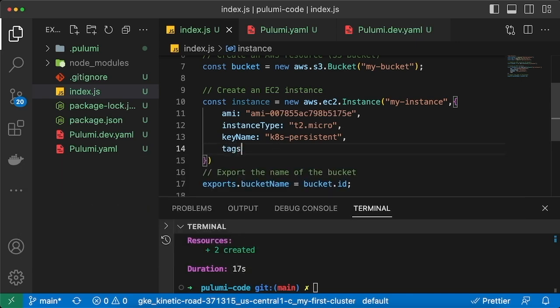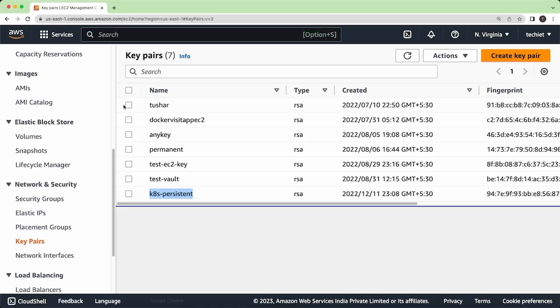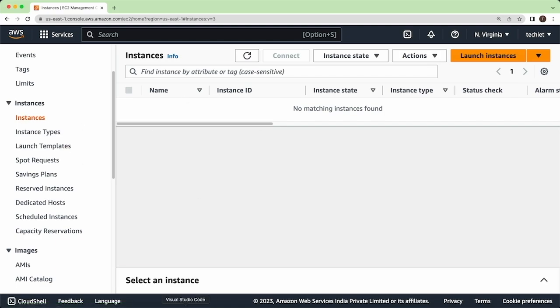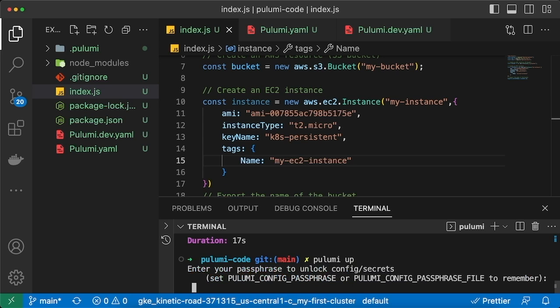Now I will provide some tags for defining the name of my instance. So I will say name, and I will say my EC2 instance. Now if we go to the AWS console and go to instances, we'll see there is no instance created. Now if I do Pulumi up,